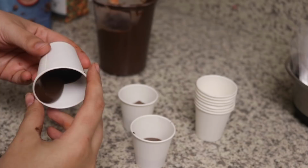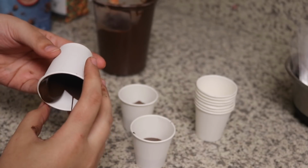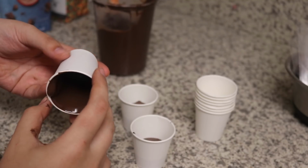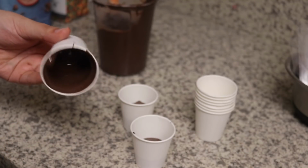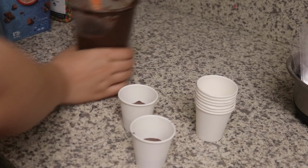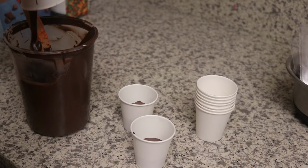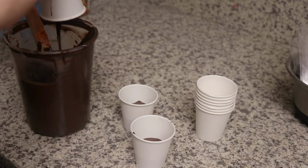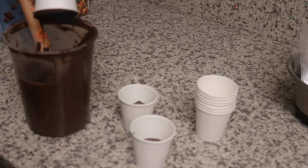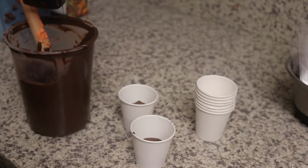All you're going to need is about the same quantity that I use for cocoa bombs. So about a heaping teaspoon is basically what I use for a cocoa bomb. That's what you're going to put in here. So you just want to make sure to spread the chocolate evenly throughout your whole cup, and then I just take off the excess. I personally like using a thicker chocolate,